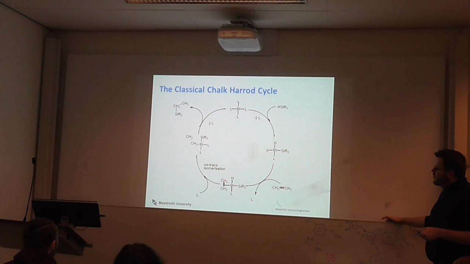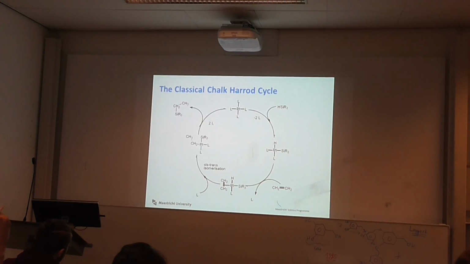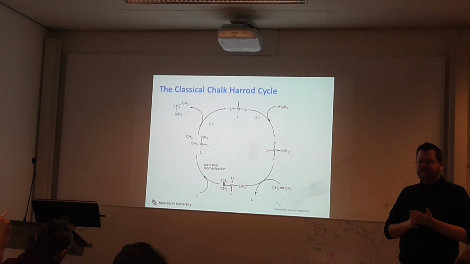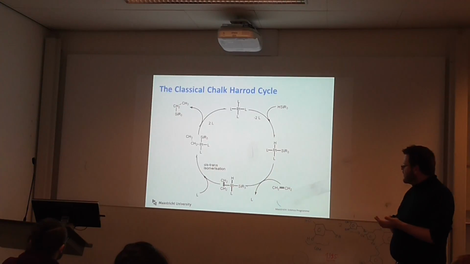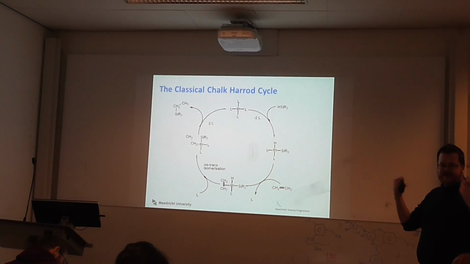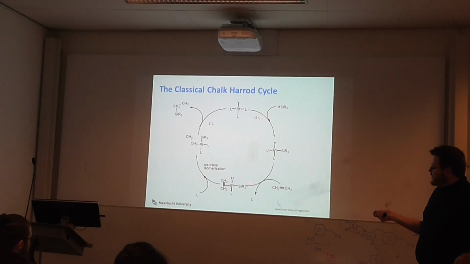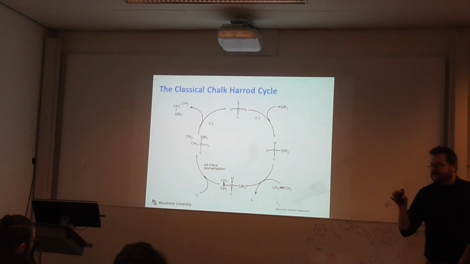Then we react it with, well, then the alkene comes in. That's going to be hydrosilylated. Here I've used ethylene, but you can use any alkene of your choice. It forms this intermediate here. Now, what does that remind you of? We've seen this before, right at the beginning of our organometallic chemistry classes. Yes? Correct, Zeise's salt. It's very similar structurally to Zeise's salt. It's got the same oxidation state, +2. Okay, remember Zeise's salt was an anionic system, but electronically it's identical. So, I mean, that is for sure a key intermediate in this process, and probably